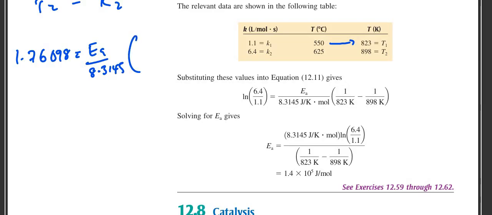Now people have a challenge when it comes to punching the inside part, and I'm trying to do this for us here. You just punch it the way it is. It's 1 over 823, then minus 1 over 898. So you get your answer to be 75, everything over 73.9054. Then from here you can cross multiply. The bottom part is 8.3145, and the bottom part here